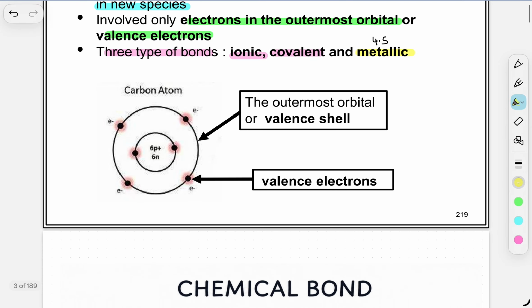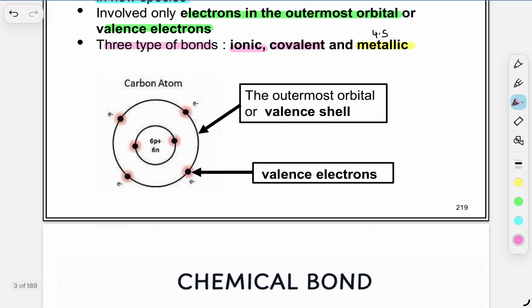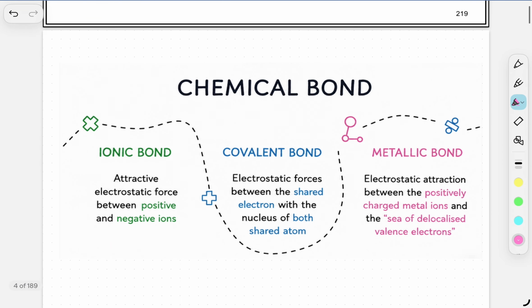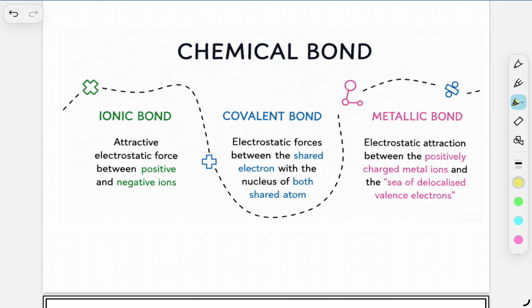So as you can see over here, they have highlighted what is a valence shell, what is an outermost orbital, all right, and the valence electrons. So quick recap on what is an ionic bond. Definitions are important. So ionic bond is an attractive electrostatic force between a positive and negative ions, whereas for covalent bond, it's the electrostatic force of attraction between the shared electron with the nucleus of both shared atom. All right, so let's get moving